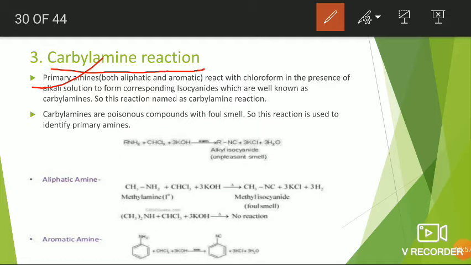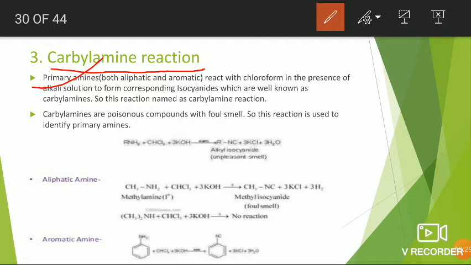Both aliphatic as well as aromatic primary amines are converted into the corresponding isocyanides on treatment with chloroform in the presence of alkali solution. That is, conversion of primary amines into corresponding isocyanides